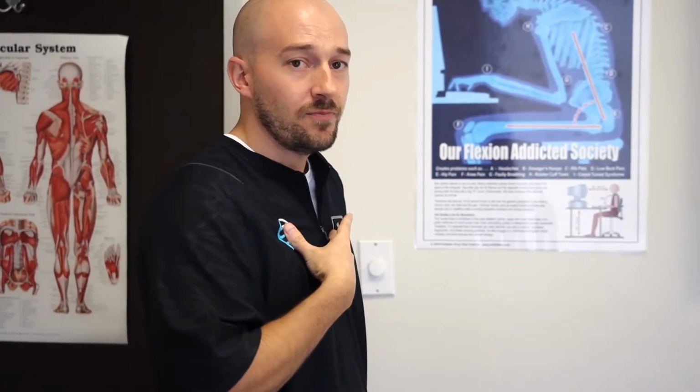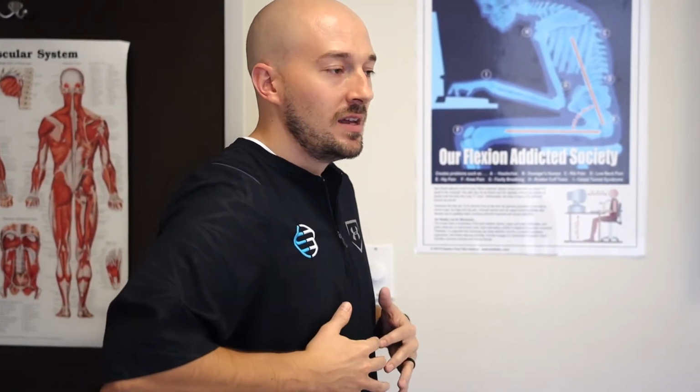lower back as well. So when you get a rounded mid-back and a hyperextended lower back, a lot of times you're going to start getting into rib cage as well. Ribs start to get elevated, lack of diaphragmatic breathing is huge in most of our patients, and it's one thing that you lose without even realizing that you've lost it. We go from being natural belly breathers to becoming more upper cervical spine, upper rib cage, kind of what we call secondary respiration breathing. So making sure that we're also looking at how to reduce tension and irritation in the